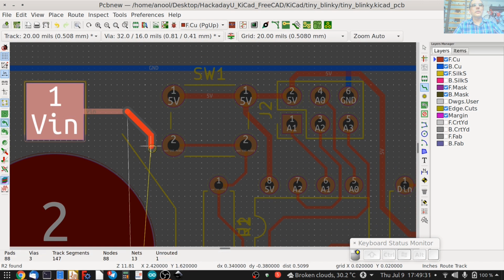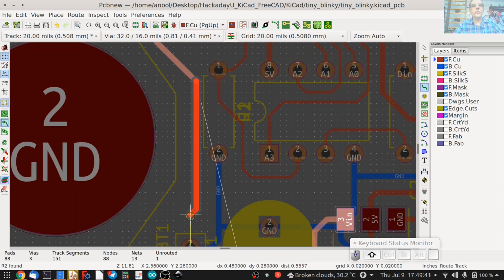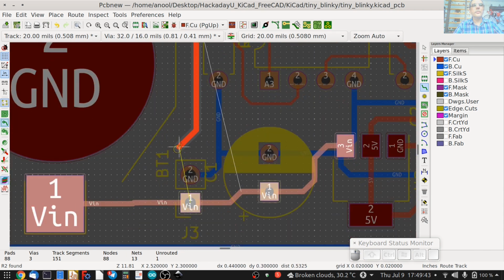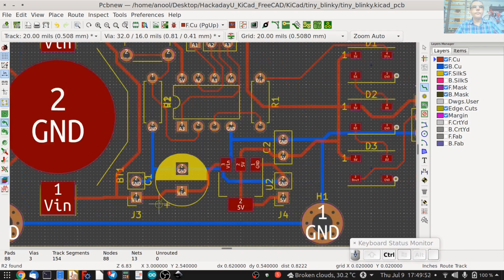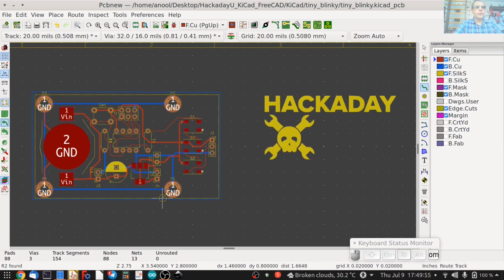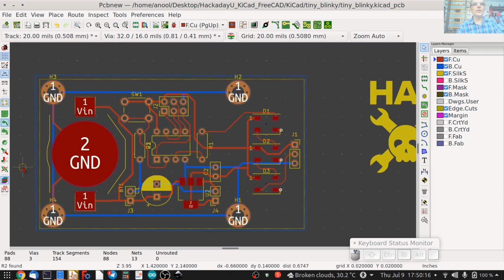I want to keep it away from the battery as much as I can. Let me end it here. All right, so as of now, if you see at the bottom, you'll see that we have 0 unrouted tracks now. We're done pretty much with the track routing now.